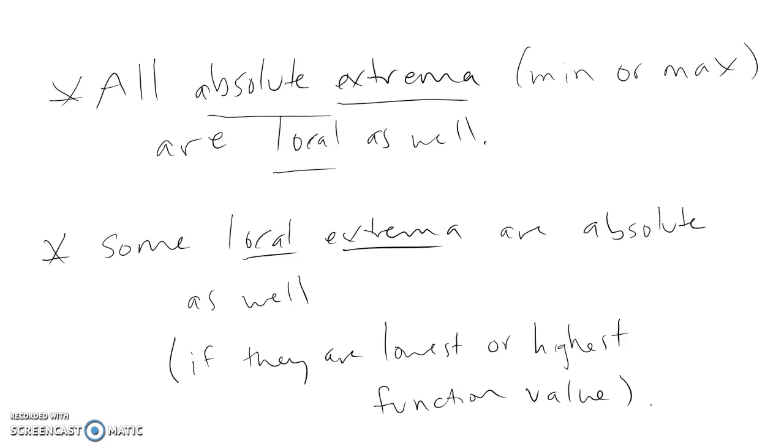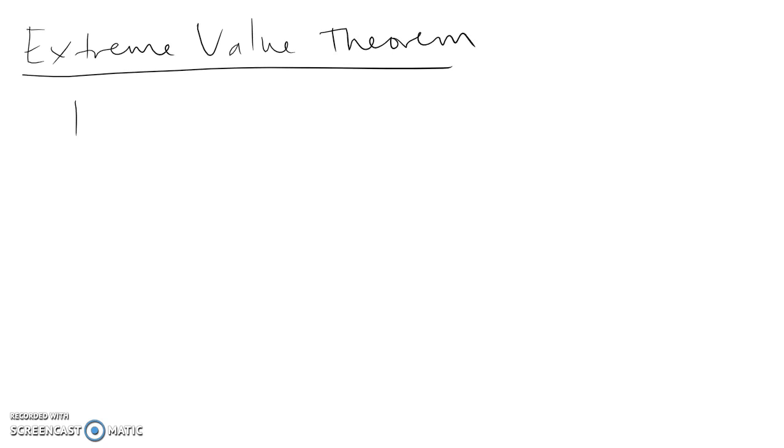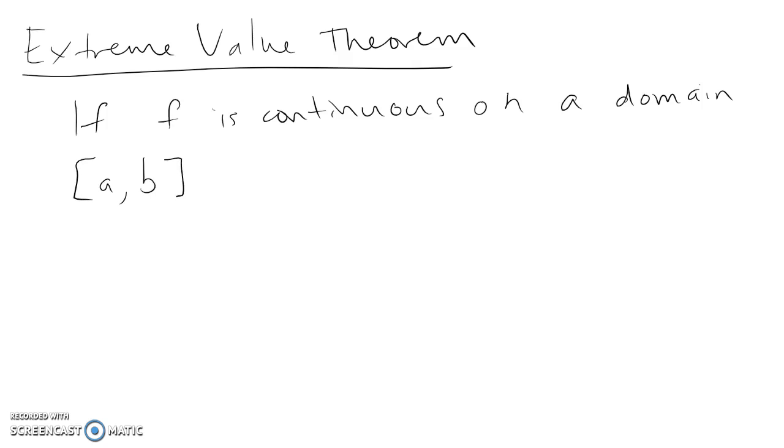In calculus, there's a really, really important theorem that I'm going to just tell you a little bit about right now because it goes along with exactly what we've been talking about. It's the extreme value theorem. It says that if a function f is continuous, and right now we'll say that means you can draw without lifting your pencil, on some domain from A to B, and notice this domain is including A and B,